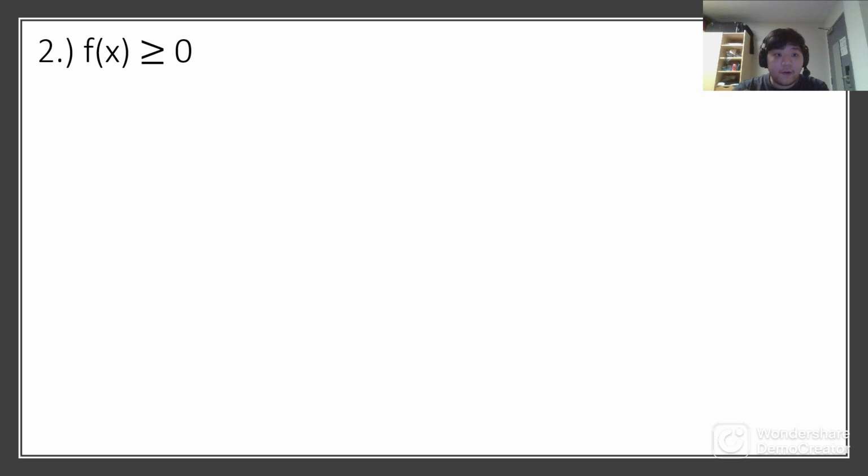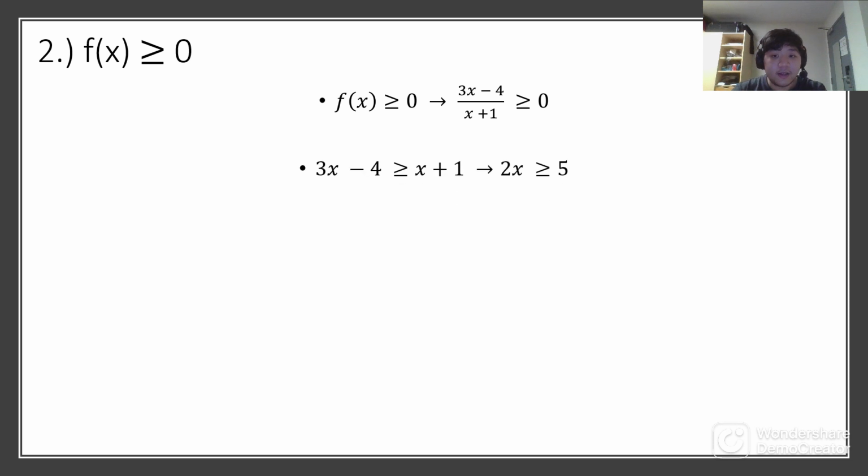that is greater than or equal to 0. With this, we can just solve the inequality of f(x). You can see the process going down in front of you. And it'll leave us with the answer of x is greater than or equal to 5 over 2,